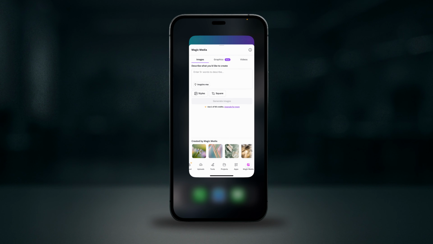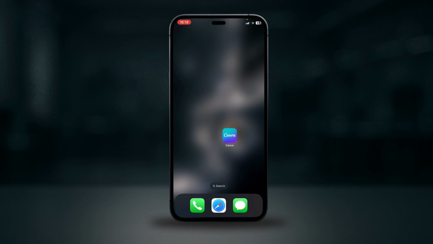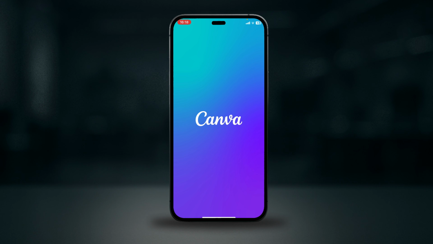Quick fix: if you do not see all these options, update the Canva app to the latest version, then log out and log back in. Free accounts still get limited access to Magic Tools, but they only show up